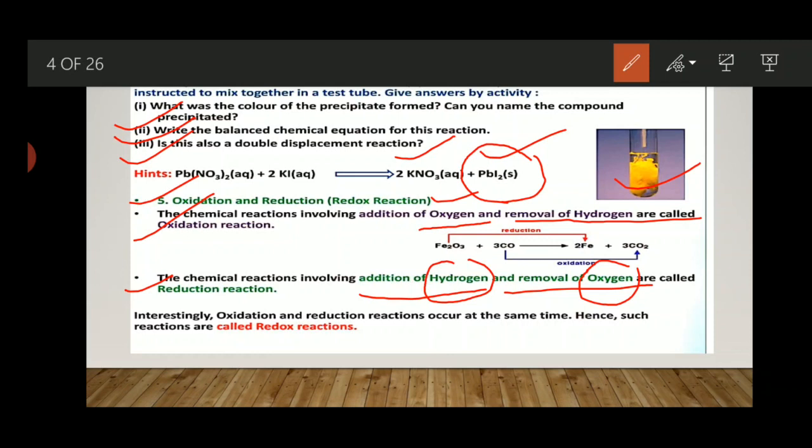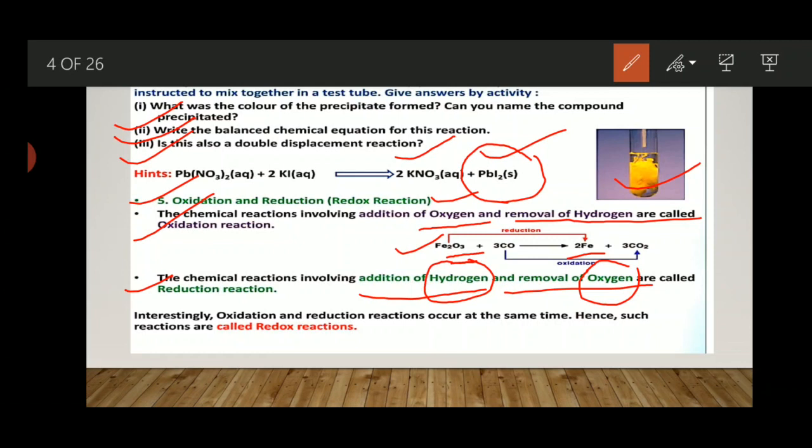You will understand with this reaction, when ferric oxide reacts with carbon monoxide, it will give you iron plus carbon dioxide. See, in ferric oxide, the number of atoms of oxygen is 3. On the reactant side, the number of atoms of oxygen is 3 in ferric oxide. But on the product side, along with iron, no oxygen is present. It means that here removal of oxygen takes place, and whenever there is removal of oxygen, the process is said